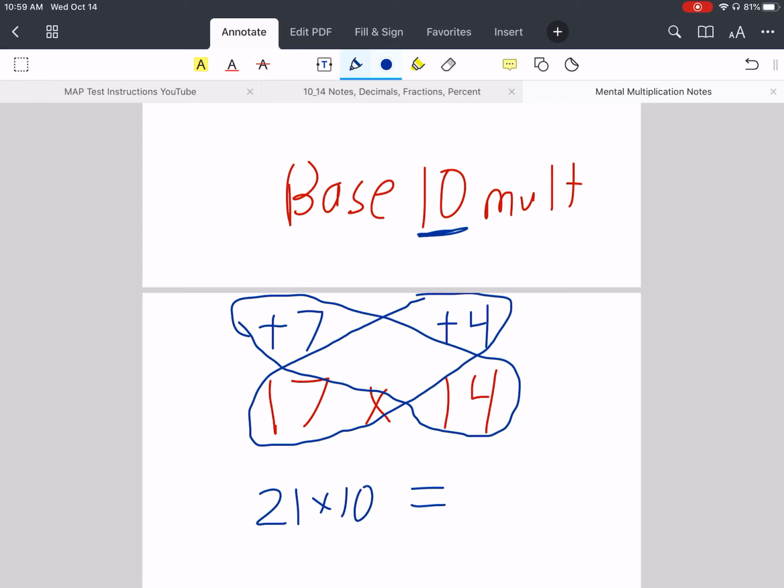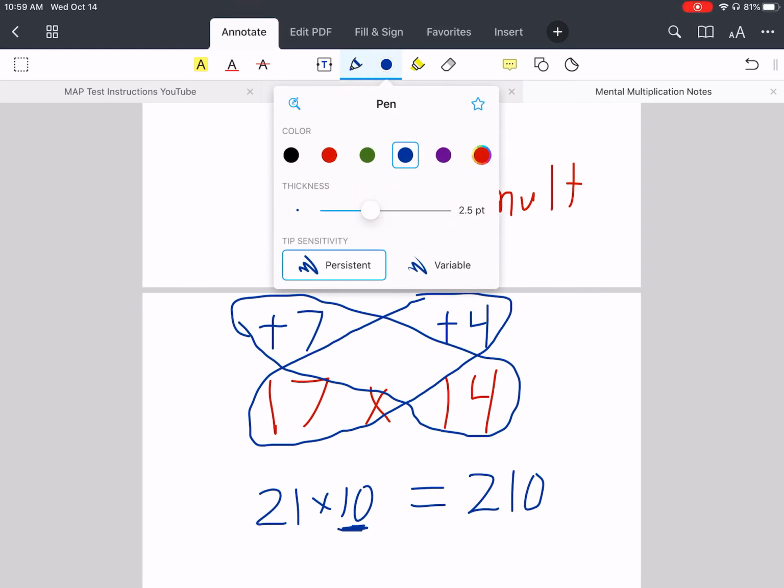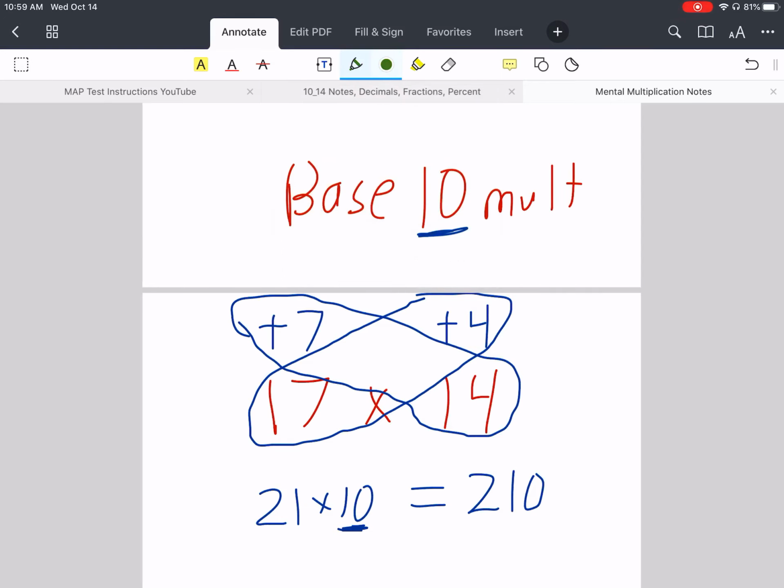And I know that that will give me 210. And the reason I multiplied by 10 is because we are dealing with base 10. This is probably very confusing right now, but after you watch a few more, you might be able to do this in your head. So we have 210, and our last step is going to be focusing on our two